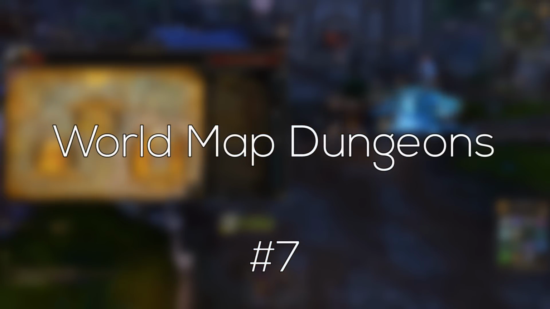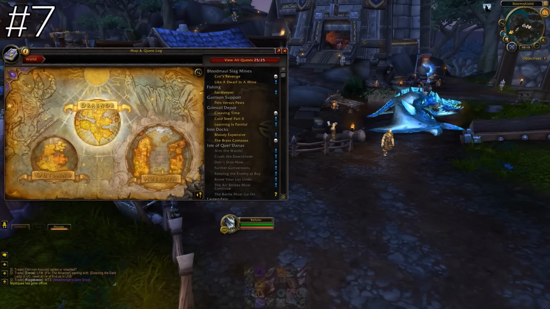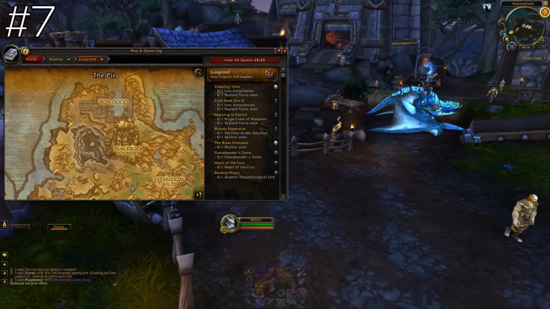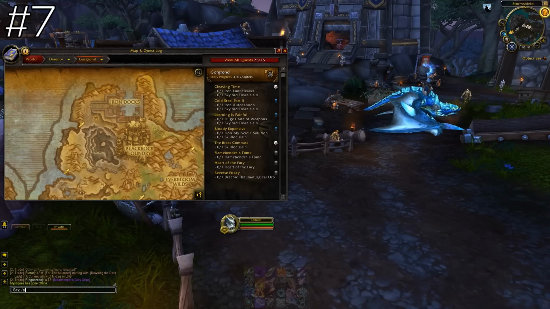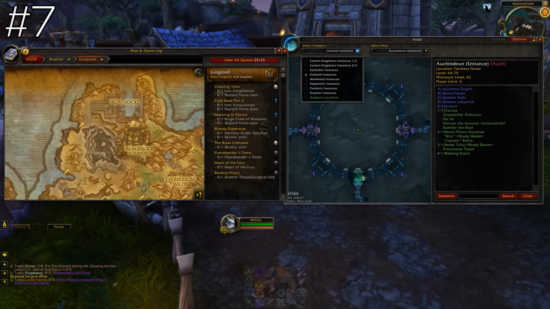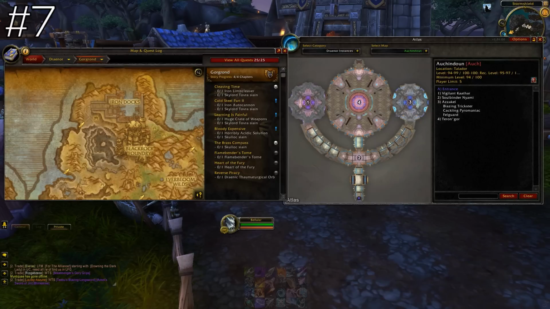Now this next one is a pretty small change, but I think it would be a really nice usability thing. Essentially what I would like is the ability to just click on a dungeon icon on the world map and then be shown the dungeon's map. This is already done by some add-ons like, I think, Atlas, but it would be very good to have this